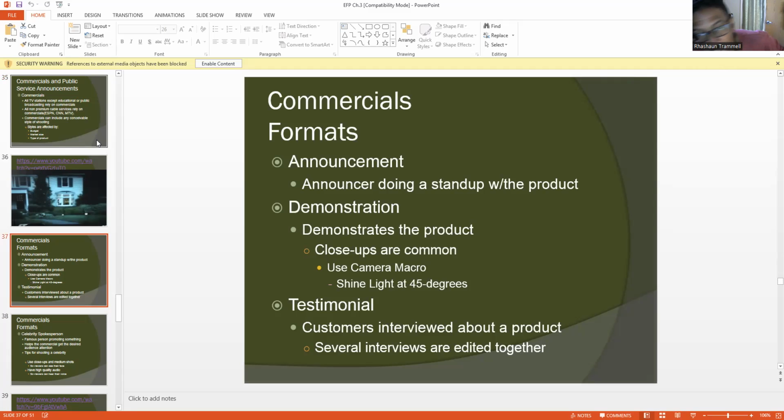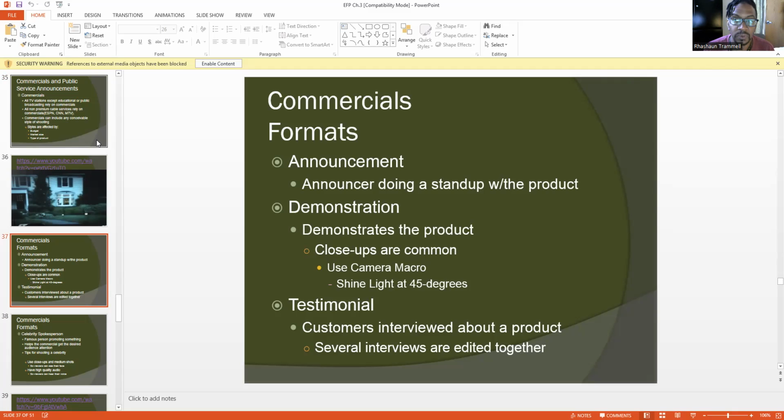So announcement, kind of like a person doing a stand up, like some of those insurance commercials where they talk about how you don't want to get caught with this cut rate insurance, like Allstate, I believe. Think of a news reporter doing a stand up, but instead of telling you about an event, they're telling you about the benefits of using this particular company.